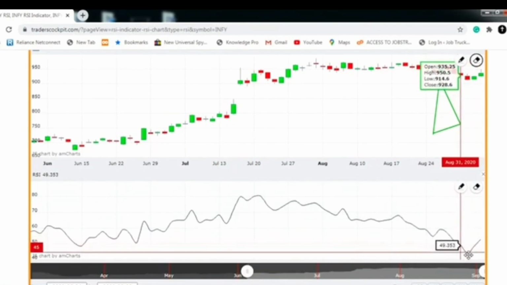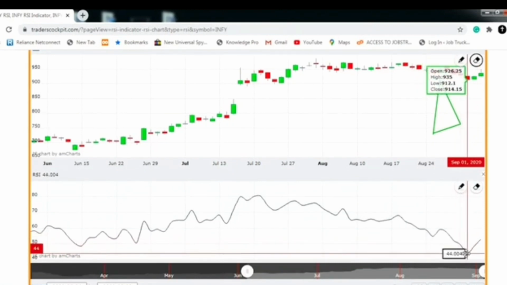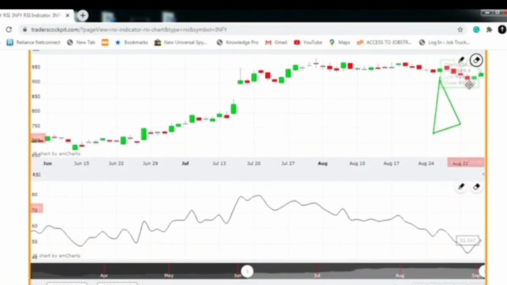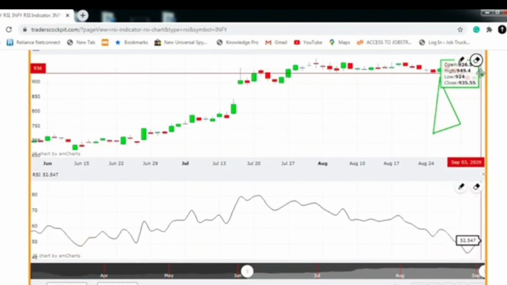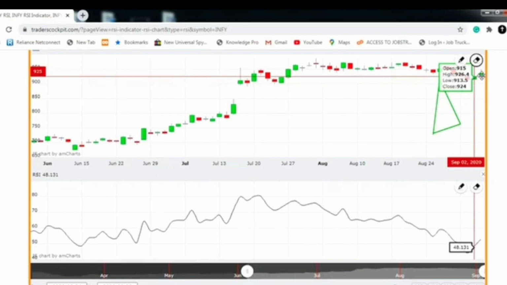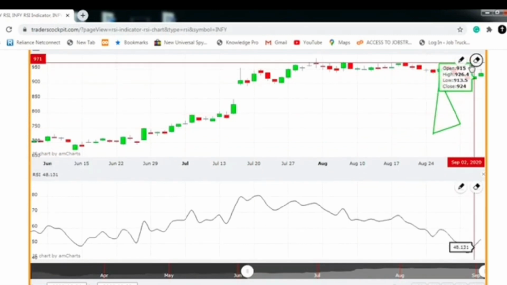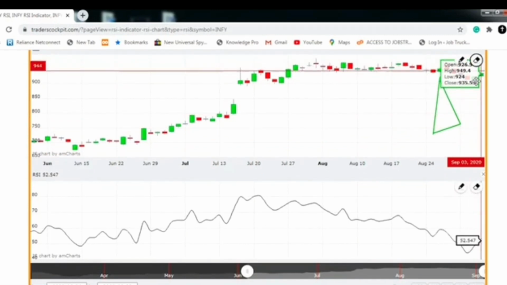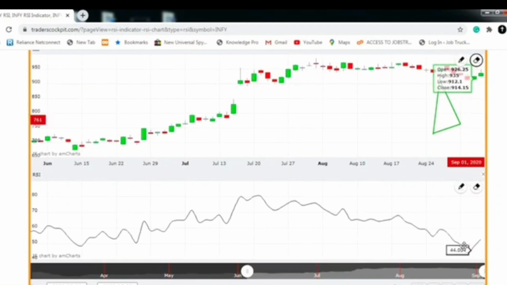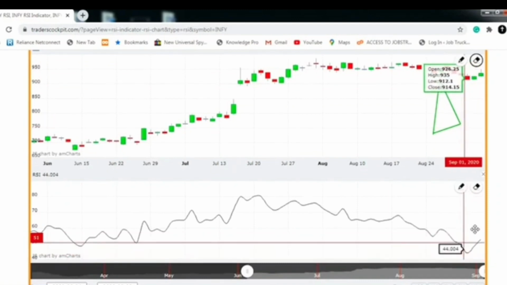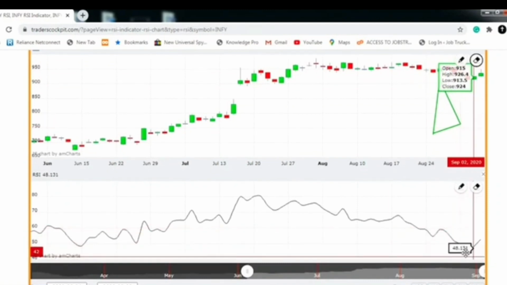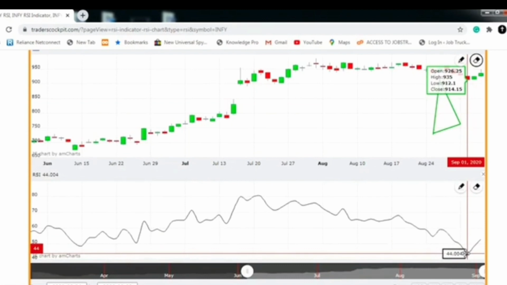September 3, it keeps on going up. After becoming oversold, a turnover is coming. So you can see the dates over here, September 3rd and 2nd. You can see a bullish trade. Just getting oversold and coming back. Just reaching the value 44, oversold, and then a turnaround is happening. A bullish indicator is coming. September 1st, it was bullish.